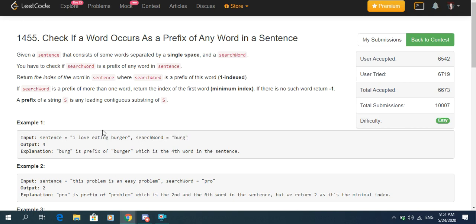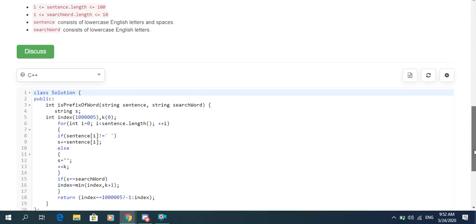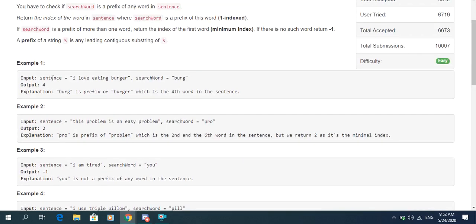So in the example, which is "I love eating burger", and the search word equals "berg". The first word in the sentence where it contains "berg" as prefix is "burger", and it's the fourth word. And if there isn't such a word, we just output -1. So our basic approach is to just traverse the string and check if the current character we're currently at